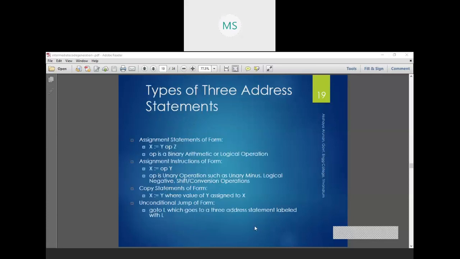And what are the types of three address code statements? There are different types, but till now we studied only one type, x is equal to y plus z. Wherever you want to generate code, you can make an intermediate representation as three address code, depending upon the different kinds of statement. For example, for the assignment statement, if you want to write it in the form of three address code, you can write it as